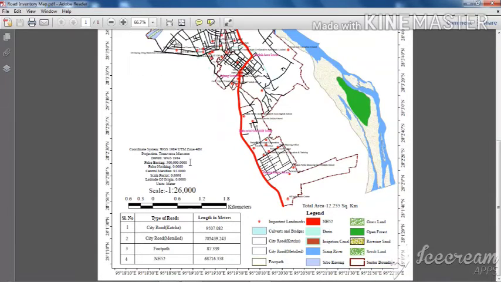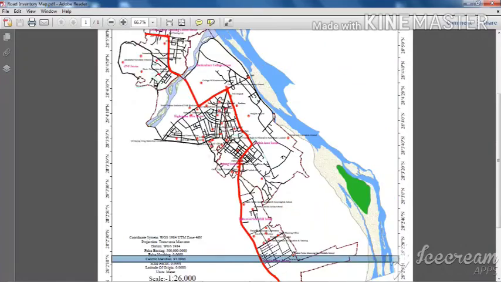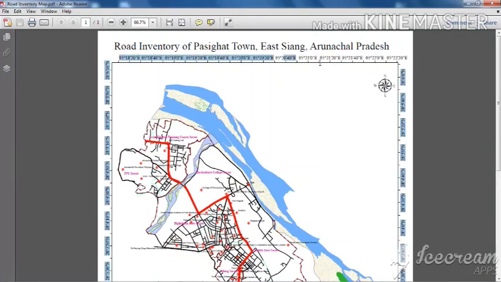So you just see, in our industrial map, you will have to do like this. You will have to put both the scales: one is the bar scale, while the other is the RF scale. Both the things you will have to specify. After that, the entire coordinate system and all sorts of information. The legend has to be very specific.